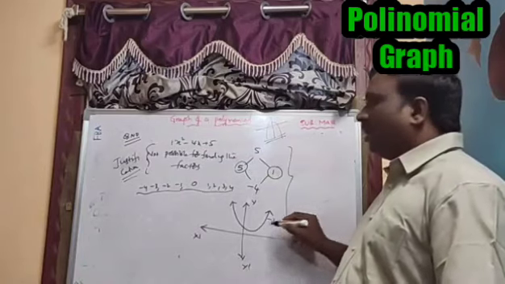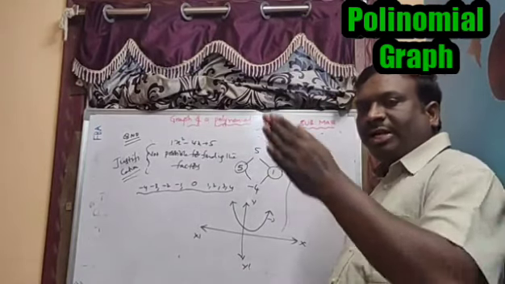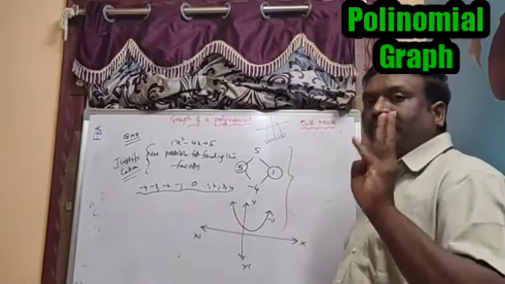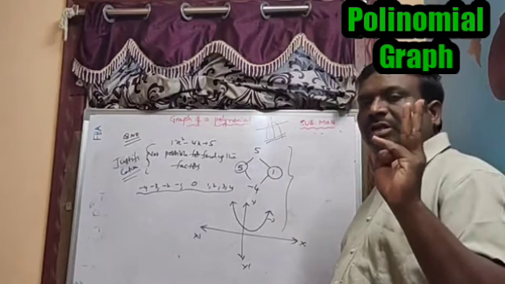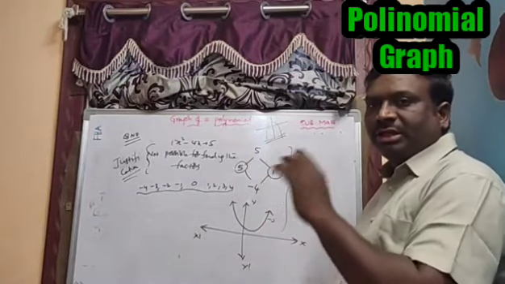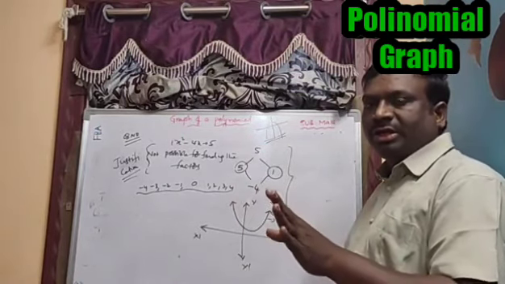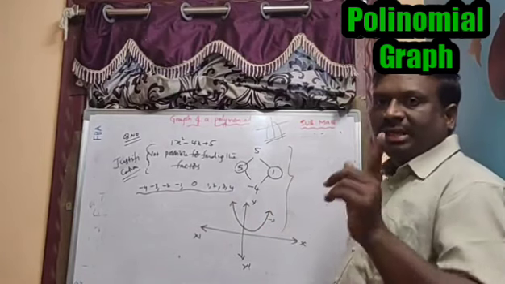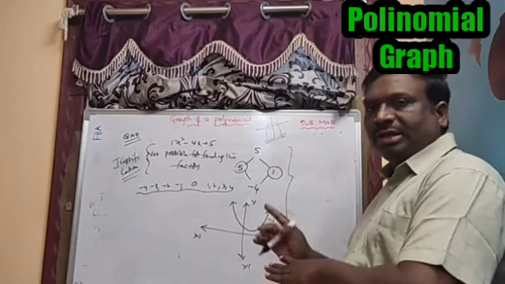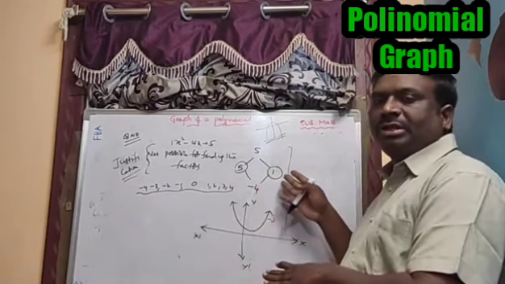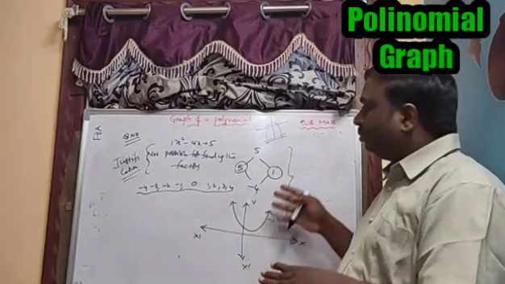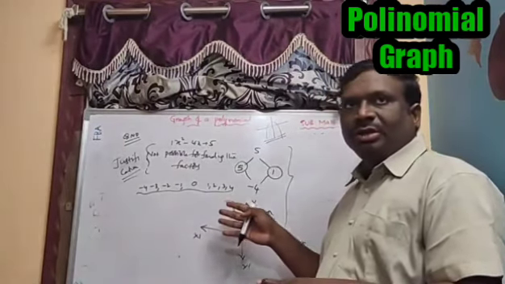In this session, the graph is very, very important. The precautions I explained for drawing the graph are very, very important. Children forget to write the question number, and that is also very important. Marking x dash, y dash, those are capital letters we have to take, not small letters. The origin and scale are very, very important. On the x-axis, based on x values, you can decide the scale, and on the y-axis, based on y values, you can decide the scale. These are the points for drawing the graph.